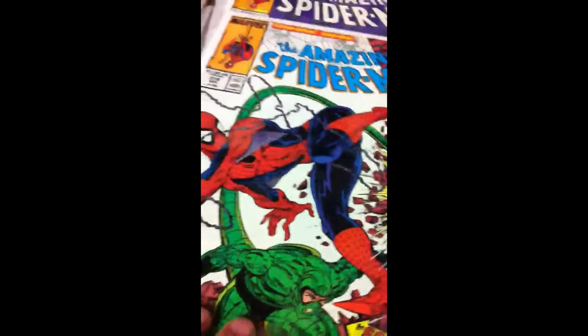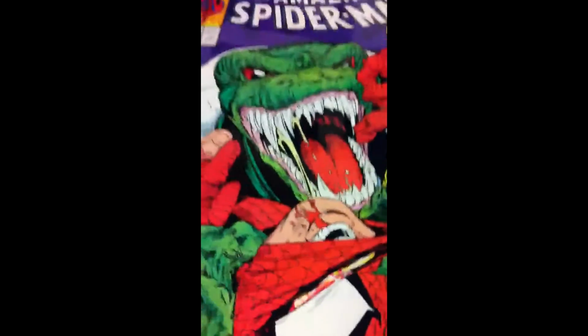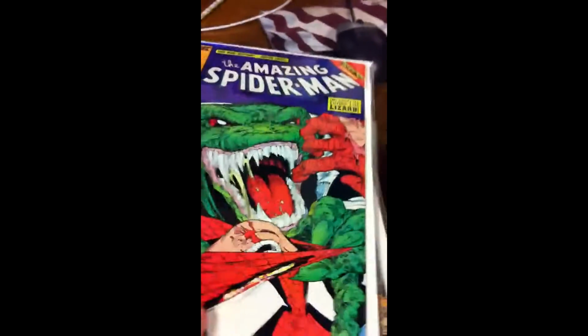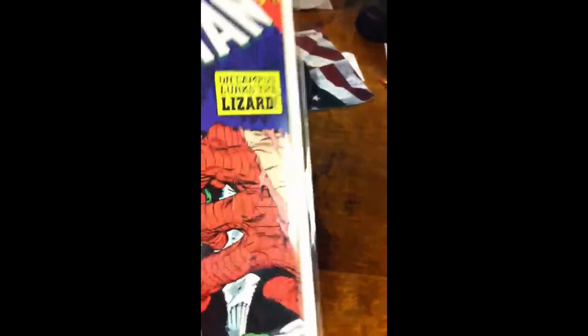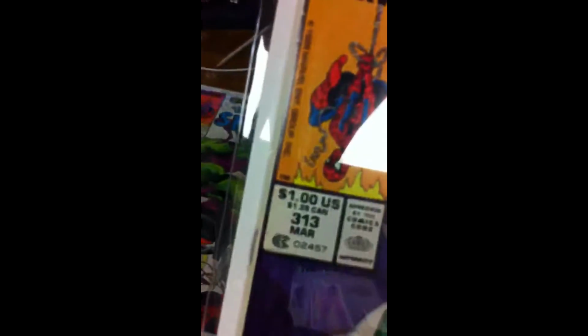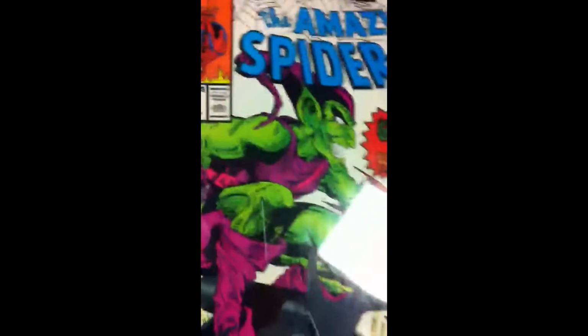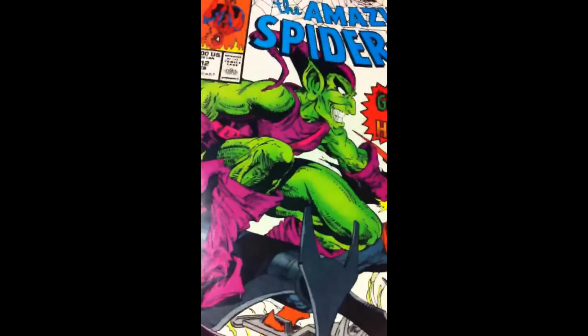318, great cover. Great issue. Todd McFarlane. I love how Todd McFarlane drew the Lizard. I think this is one of the best Lizards. The Amazing Spider-Man 313. 312. Famous cover, classic cover. Green Goblin's my favorite villain, and then the Hobgoblin's my fourth favorite. So,